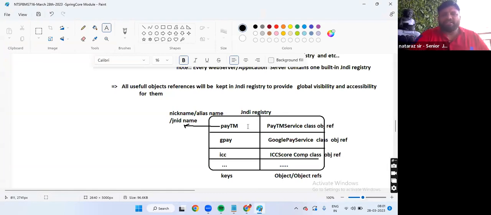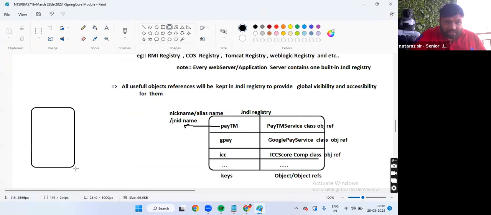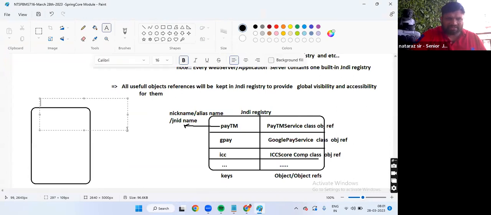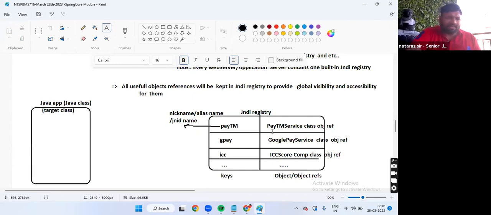So now you understood what is the use of JNDI, guys? What's the use of the JNDI registry? Super. Okay, now listen. I have a Java application, nothing but a Java class. Can I call this a target class, guys?